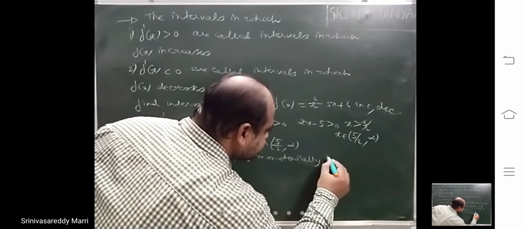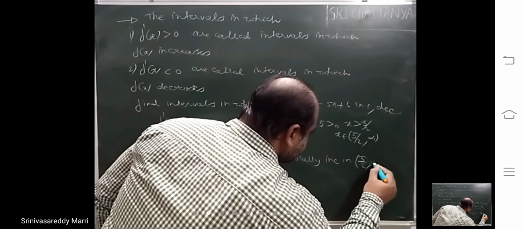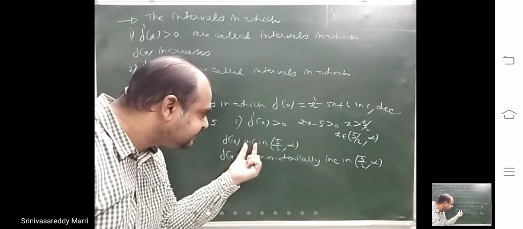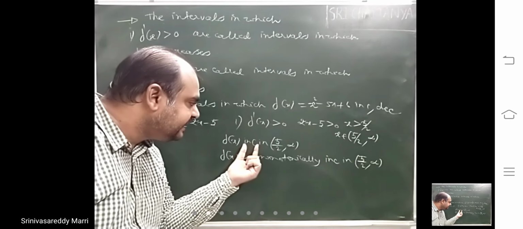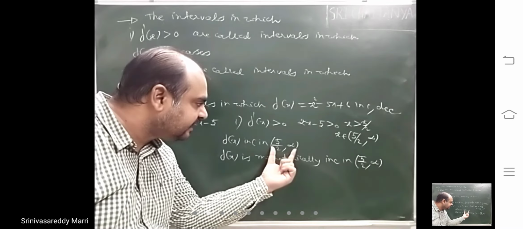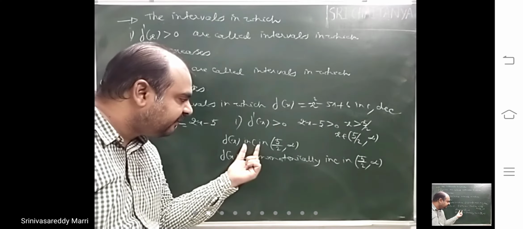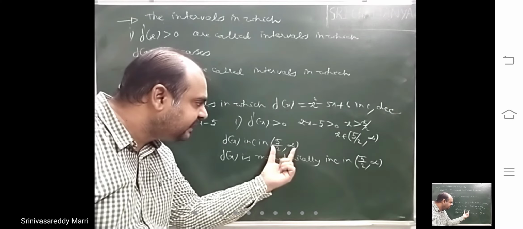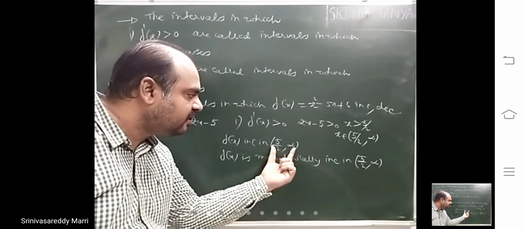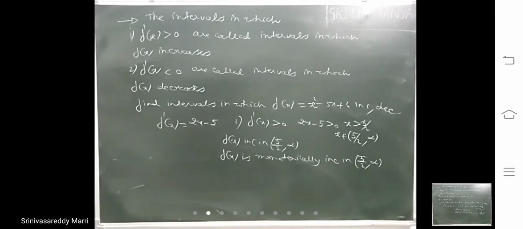They can give it like this also. Monotonically increasing is also the same as increasing only. When it is an increasing function in this interval, it is also called a monotonic function. When the function increases or decreases in that complete interval, it is called a monotonic function. Increasing means just add, monotonically increasing also you can say.